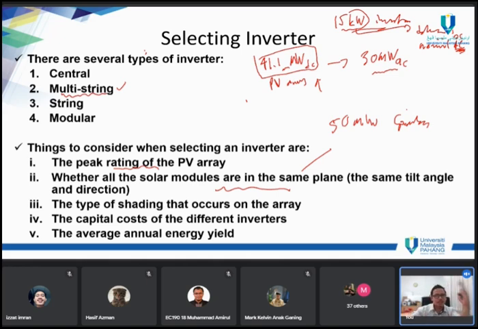But maybe if you notice, there are several strings or several sides of the PV modules that are not facing in the same direction because of the structure, because of the shape of the hill. So maybe, for example, this one is the most optimum facing,